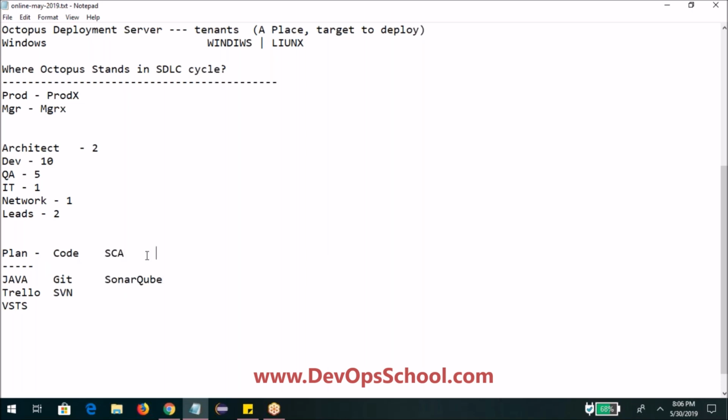Once the code analysis has been completed, we build the code, that is, compile the code and so on. For building the code, if your project is Java, then you would probably use Maven, or if it is .NET,